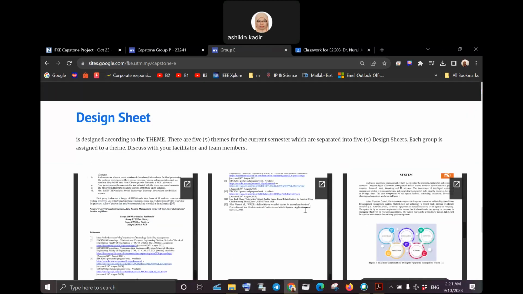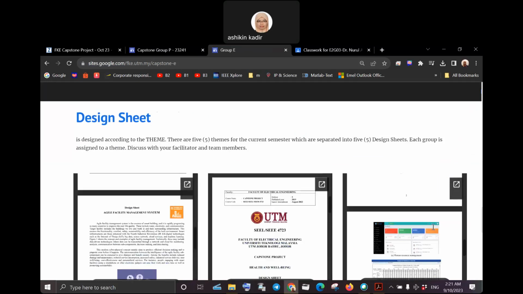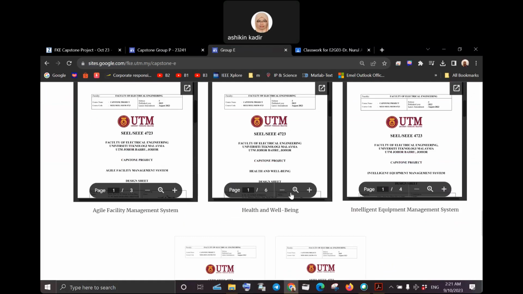Okay, so same. All of these 5 design sheets refer to 5 different teams. Okay, so each group will only refer to one design sheet. Okay, no need to read all of this design sheet, because you must focus on what your project needs to do. Okay,